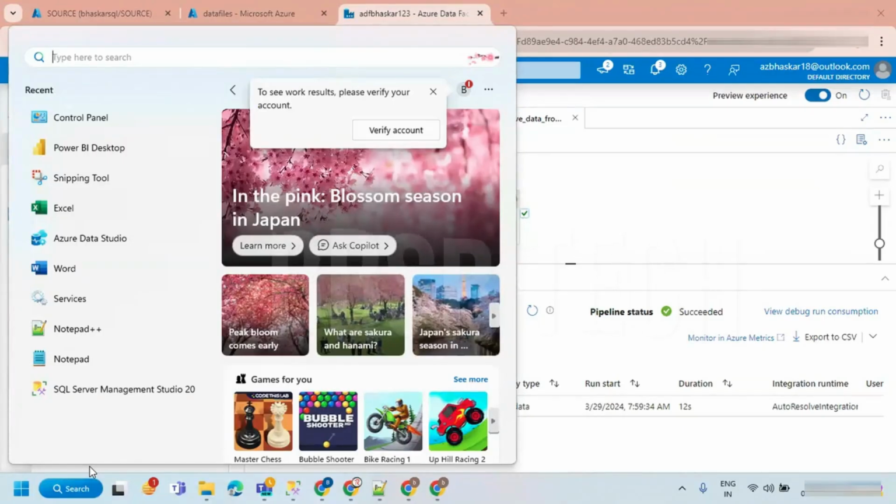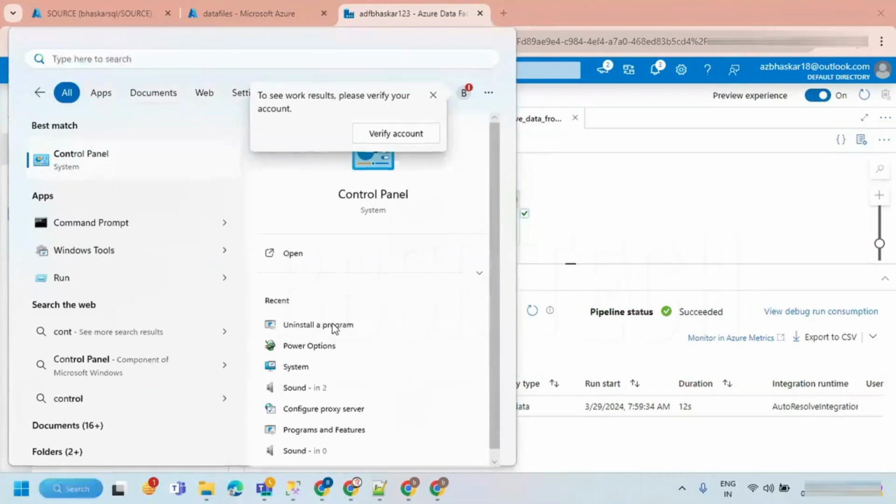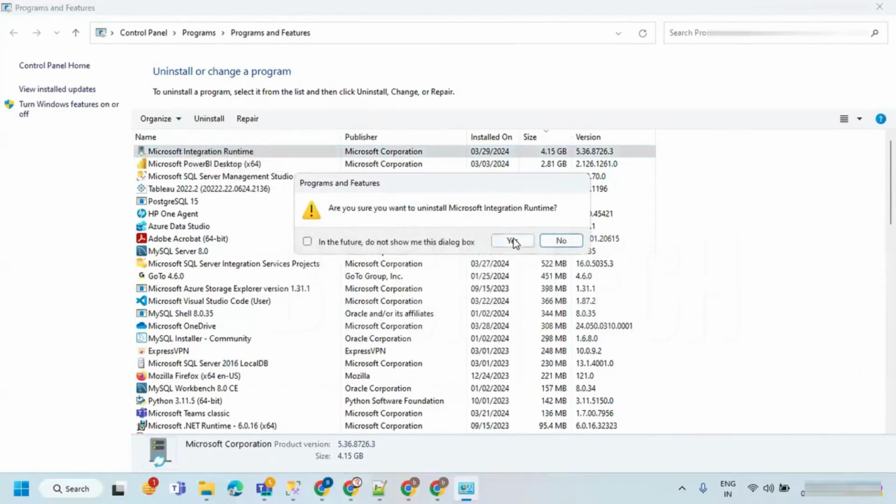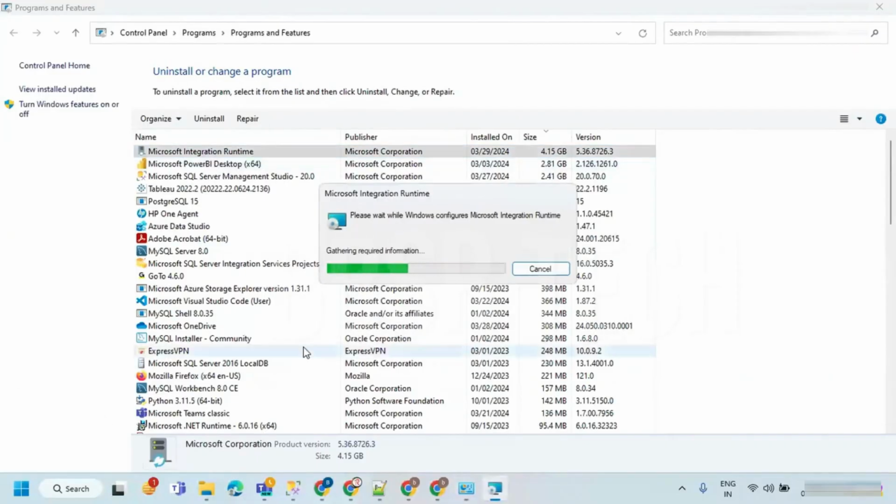To avoid it, I'm just going to uninstall and reinstall my integration runtime. It will take a couple of minutes to set up again.